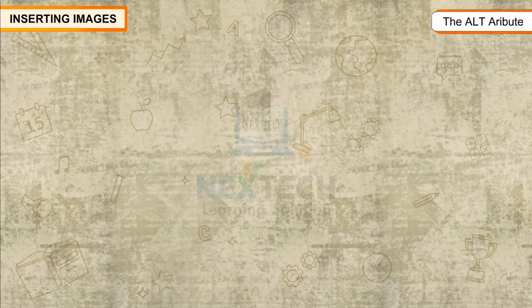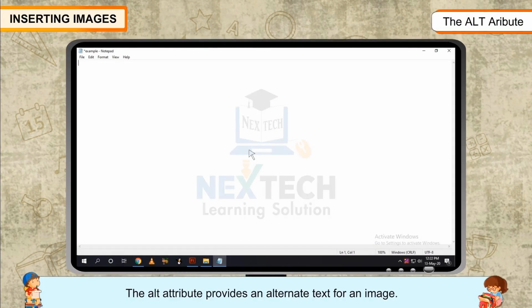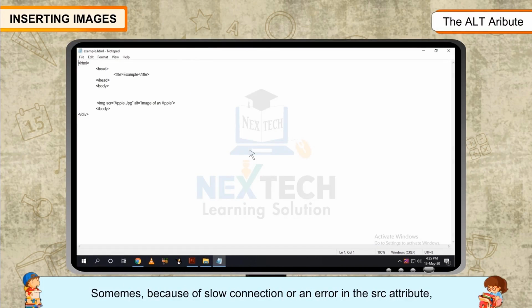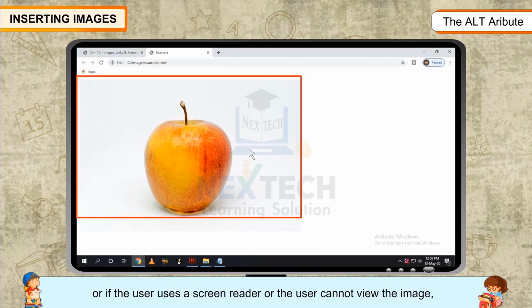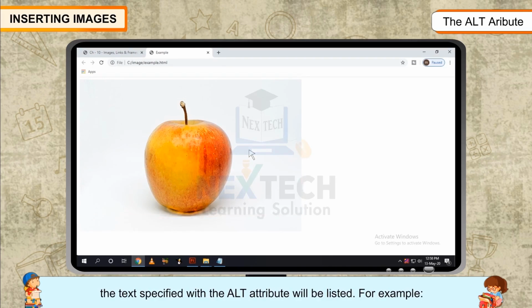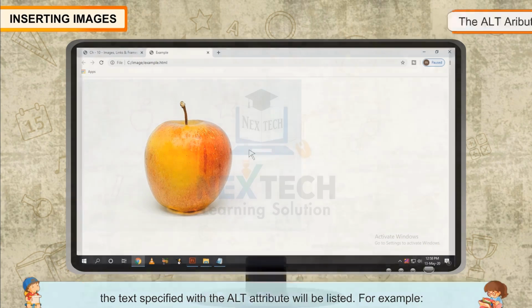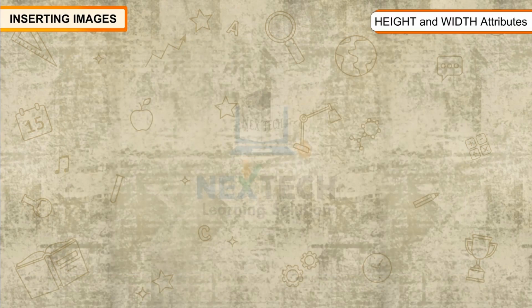The alt attribute. The alt attribute provides an alternate text for an image. Sometimes because of a slow connection or an error in the src attribute, or if the user uses a screen reader or the user cannot view the image, the text specified with the alt attribute will be displayed. For example,